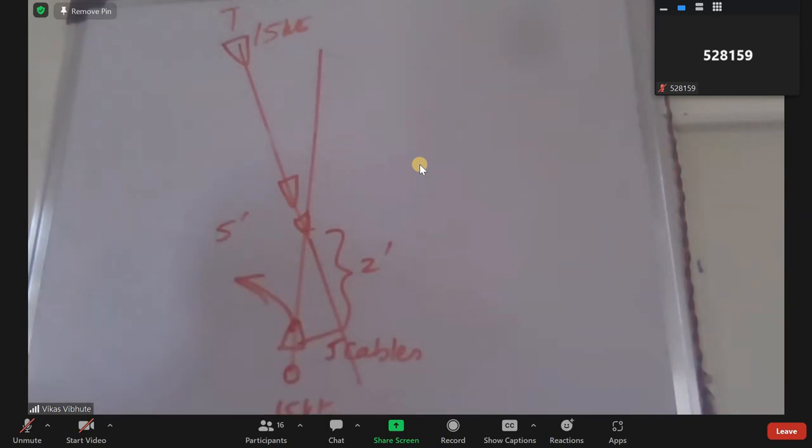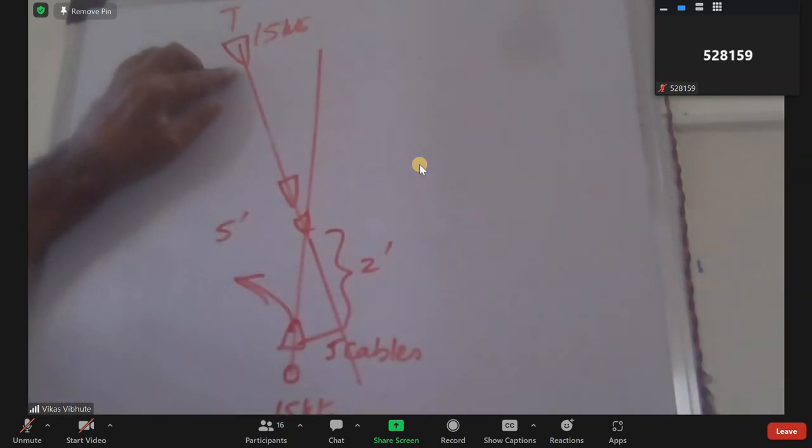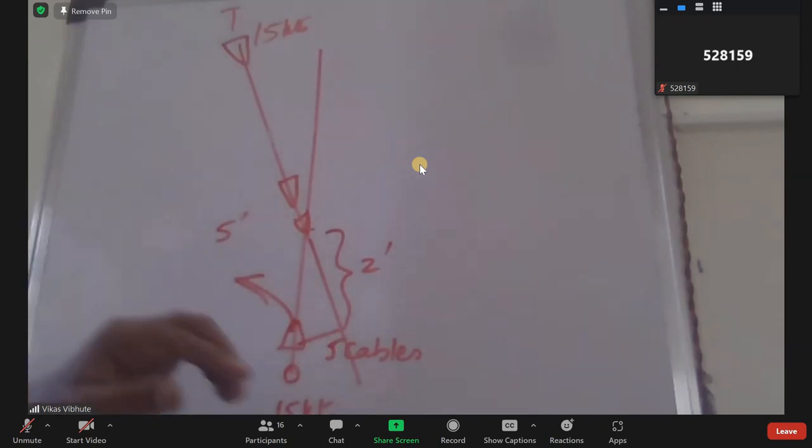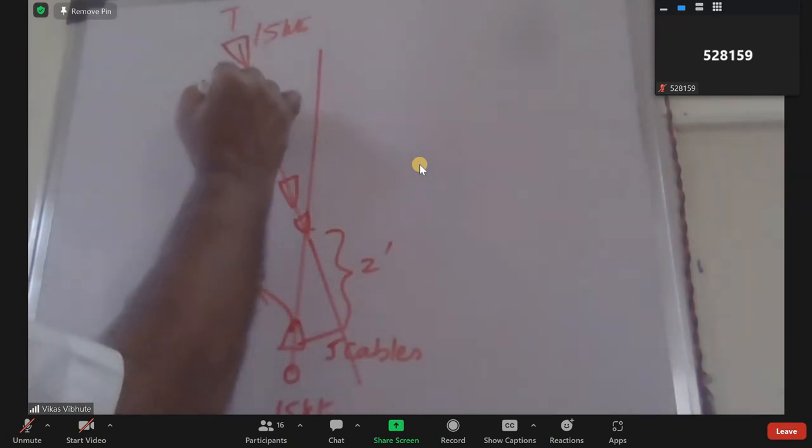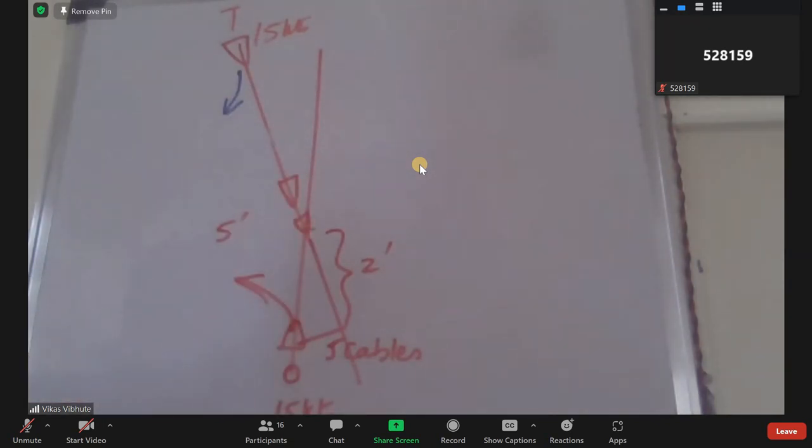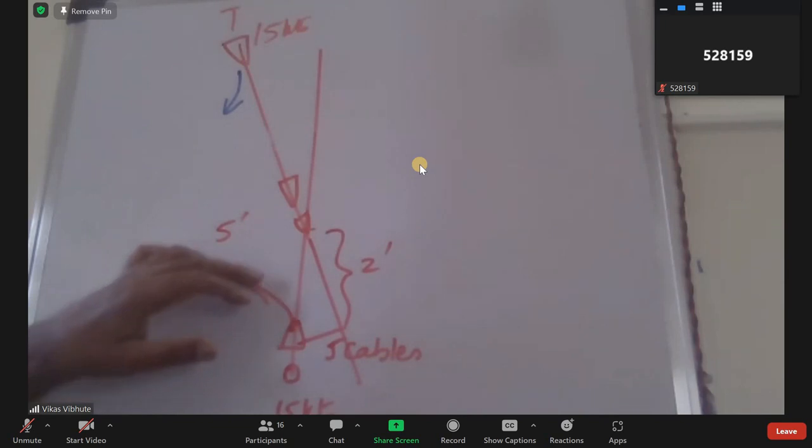Okay, sir. At this stage, it is her duty to keep clear, whatever she wants to do. If you are on the target vessel, probably you would alter course to starboard. Correct? Yes, sir. If you are on the target vessel, you would have altered course to starboard to avoid all complication. So you should not alter course to port. But once she reaches right ahead, you can alter course to port.